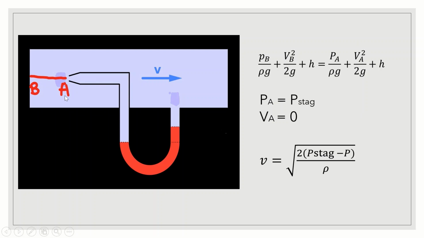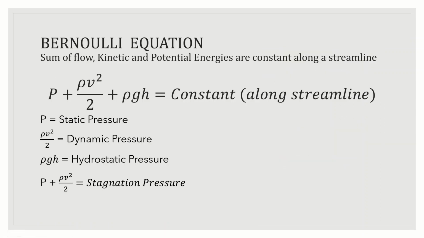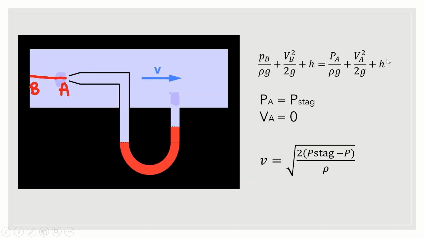So why have I discussed this? This is the same case that happens when we immerse a Pitot tube inside a pipe to measure the fluid velocity. If we insert the Pitot tube here, fluid comes and this is the stagnation streamline, this is the point A. Now if we apply Bernoulli equation along the streamline, right? This is what we discussed. Bernoulli equation is used along a streamline. So if we use Bernoulli equation along the streamline AB, we will get the following.